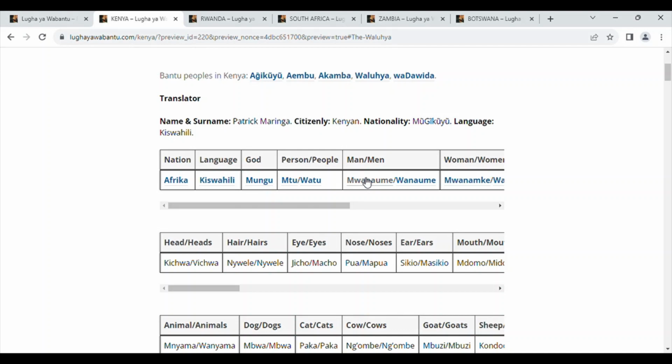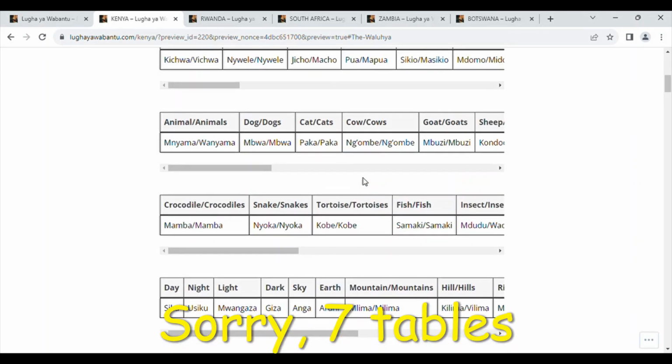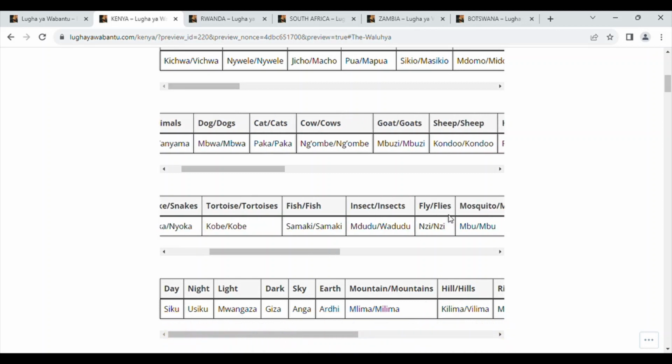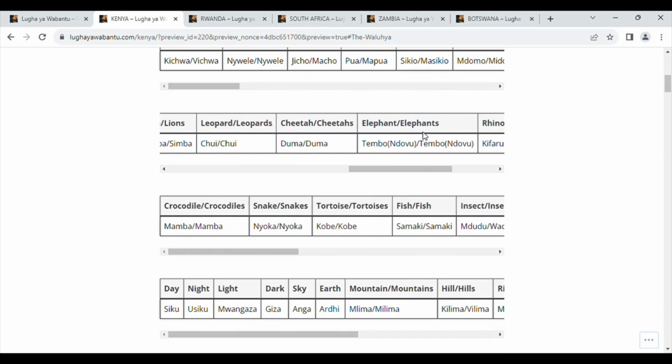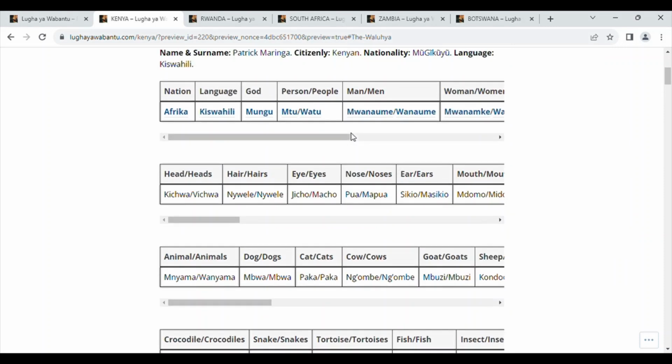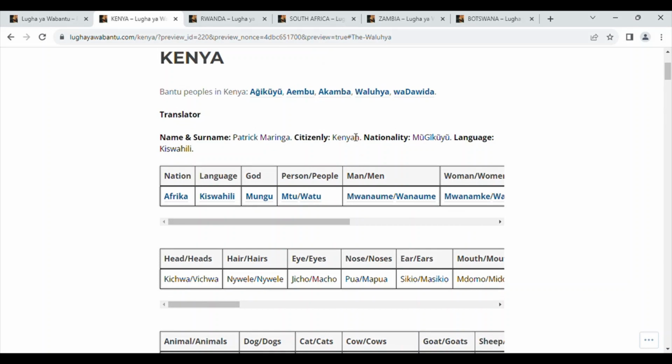Now, there's a total of 8 tables. I count these two as one because they are both translating animals and also a few insects. Had I kept it as one table, a person would scroll too far to the right. That would be too much. Now, there is a header in each table, and that has words in plural and singular, and then below is the translation of the respective language.